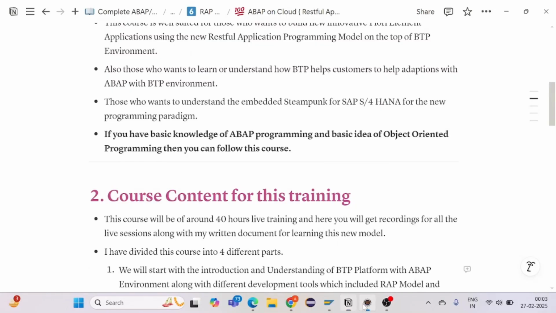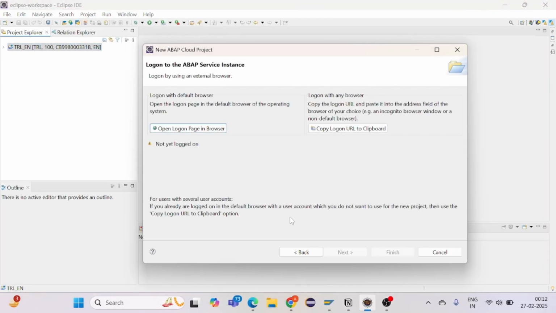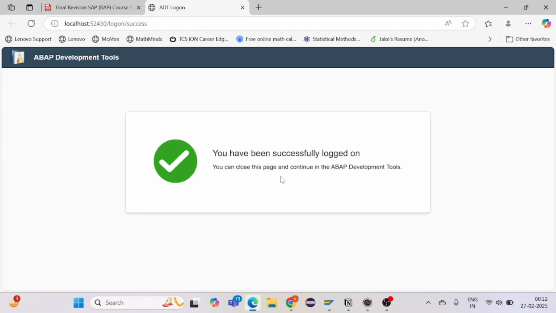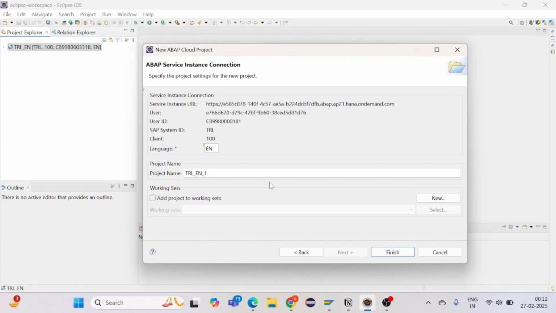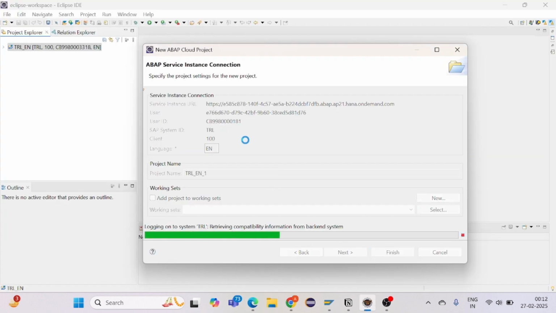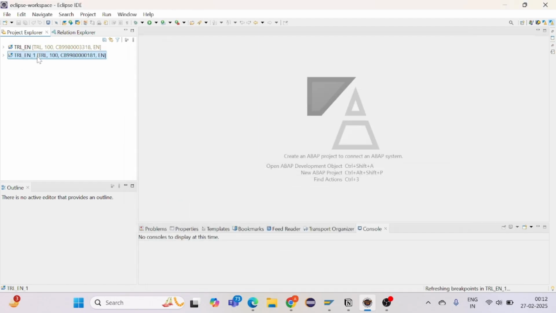Now I will simply open my Eclipse. This is my new project. So we will go for this login. I will click on this login browser. Let's see that. Yeah, we have been successfully logged on by passing the credentials. I will now go back to my Eclipse and finish. The new project has been created. So inside this new project, if you open it,